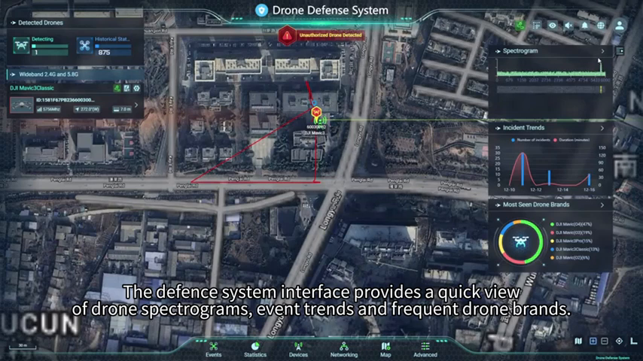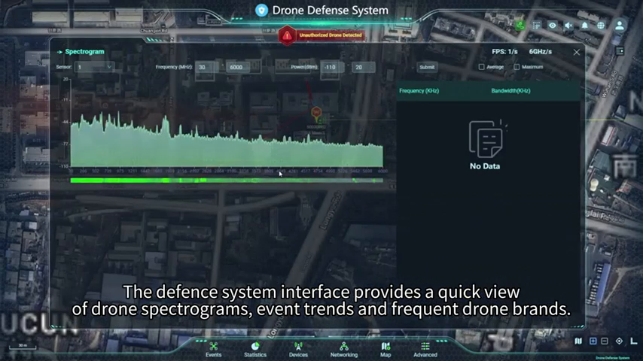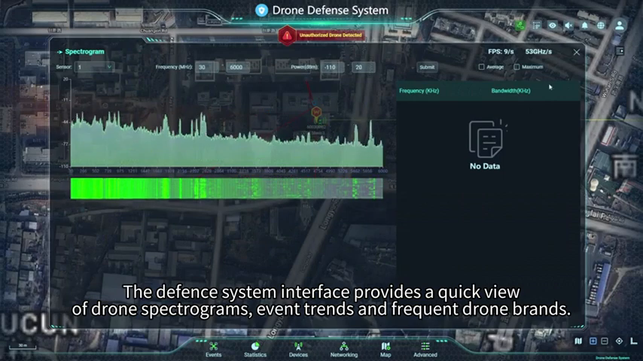The defense system interface provides a quick view of drone spectrograms, event trends, and frequent drone